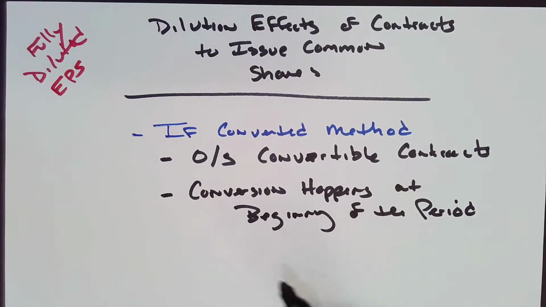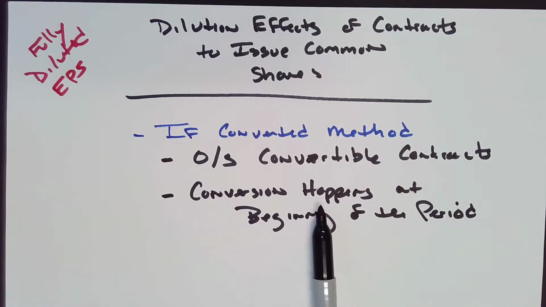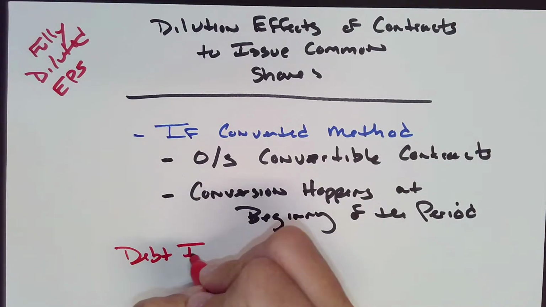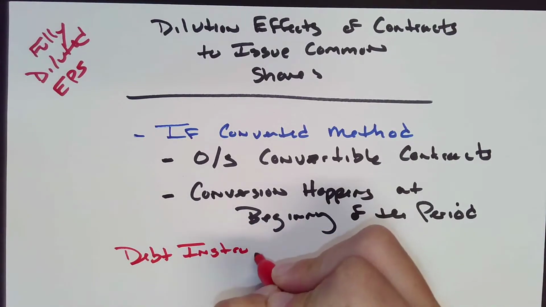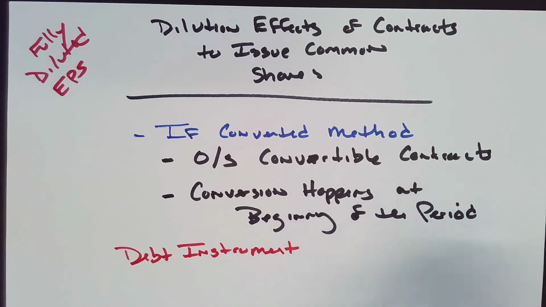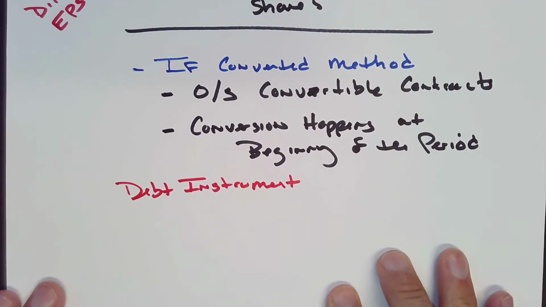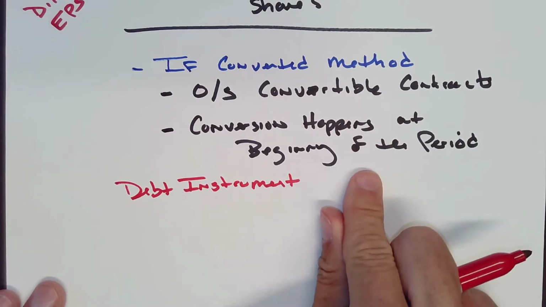And if conversion happens at the beginning of the period, and say I had a debt instrument, two things are happening. Okay? If the conversion happened at the beginning of the period,